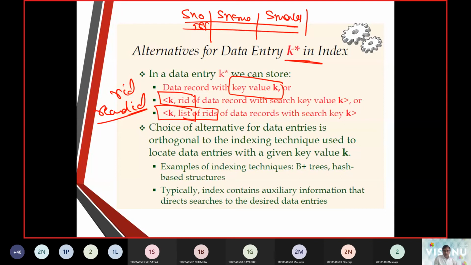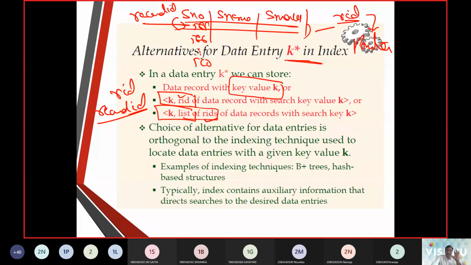565 and 566, this entire thing we call the record ID. So for this one entire item we get a record ID, and it is stored as a pointer. For the entire row, for the entire record, we are going to get one value. That value we are going to call the row ID. And if it is from 565 to 5C0, there is a list. So that's what we call a list of row IDs.